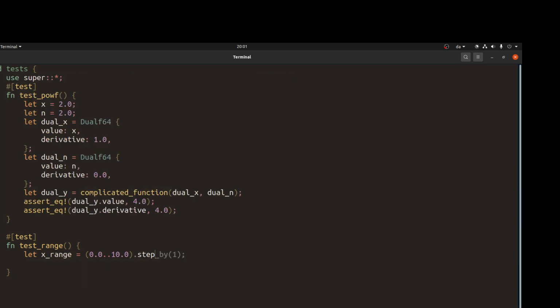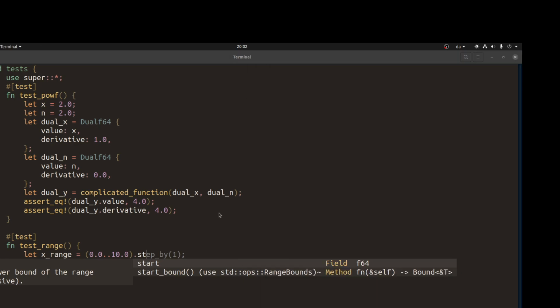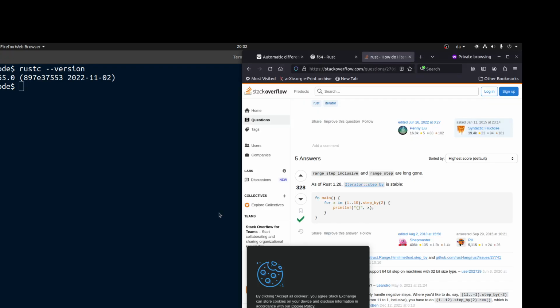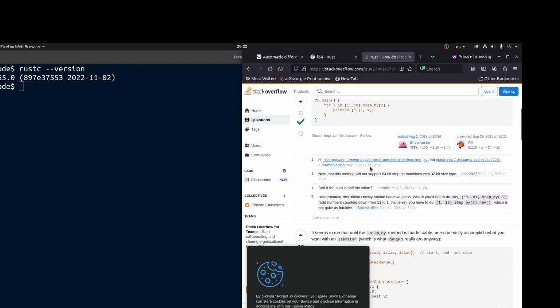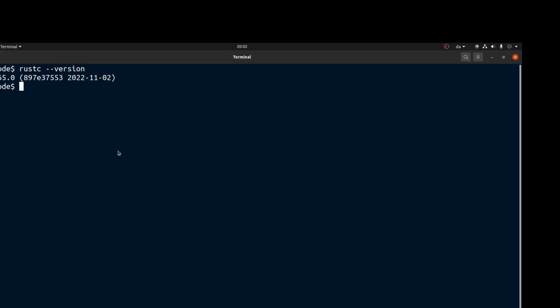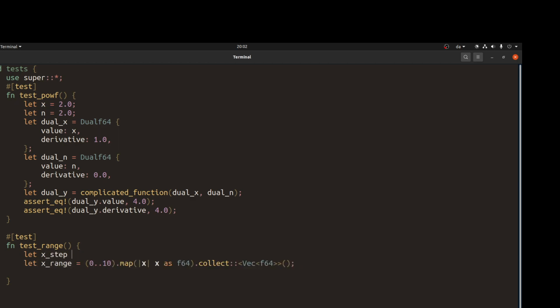So step doesn't exist. What is my Rust version? It should be older than that. Okay, you know what? What we're going to do is we'll say let's take 10 numbers and let's map them, and we'll do this, and let's say X step is something like